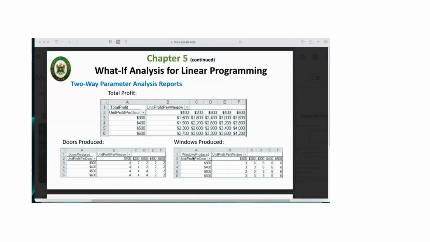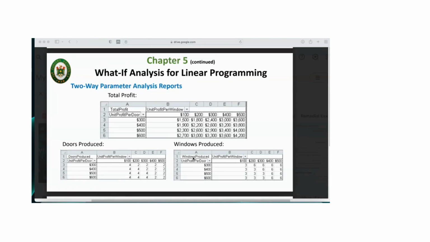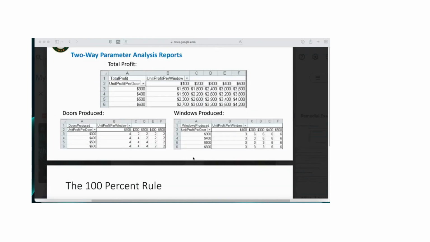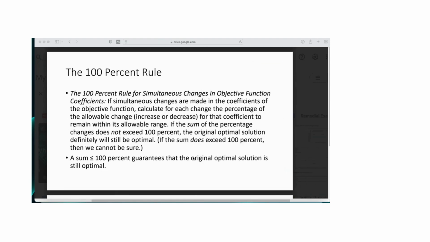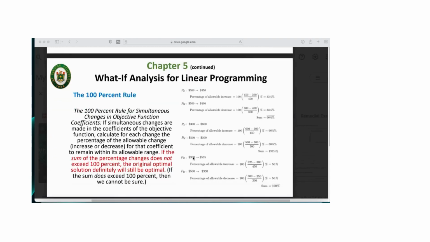And aside from this, to see whether the original optimal solution is still the same, we will use the 100% rule. But before you use the 100% rule, you have to compute the percentage changes, and then sum up the percentage changes. The sum of the percentage changes will be evaluated